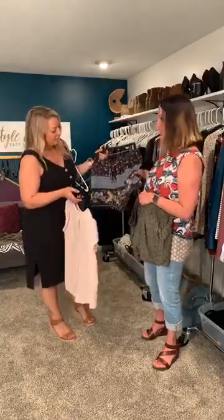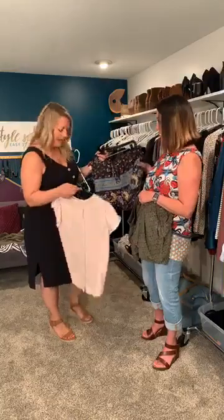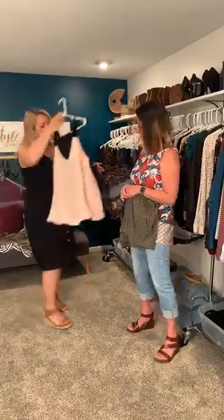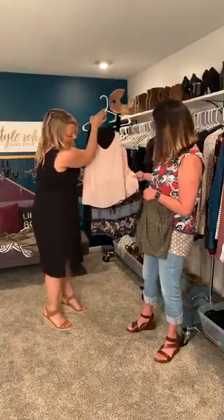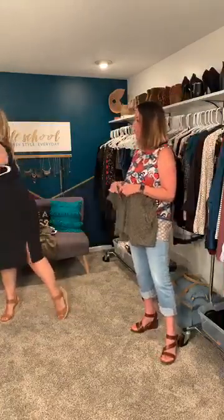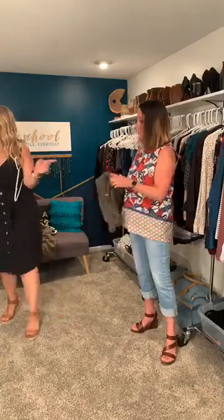But you could also use a trendy cash shirt with this too, right? You could do a racerback little tank with this? Absolutely. You could go dressy like this, or this is even something kind of casual like this. Now, I am one person that absolutely loves the look of shorts like that with,